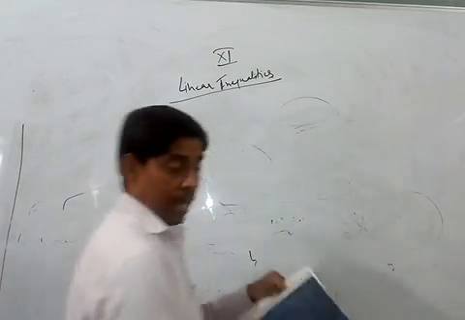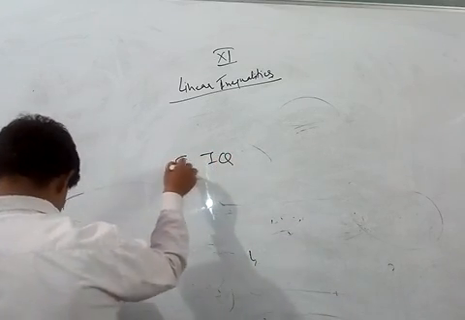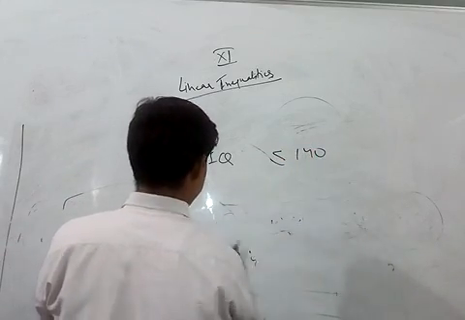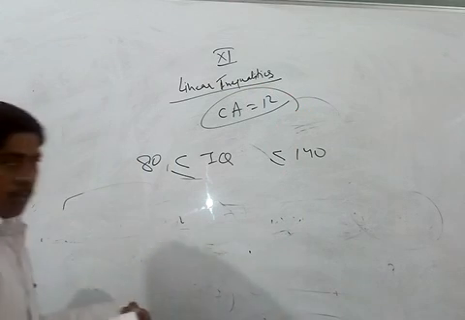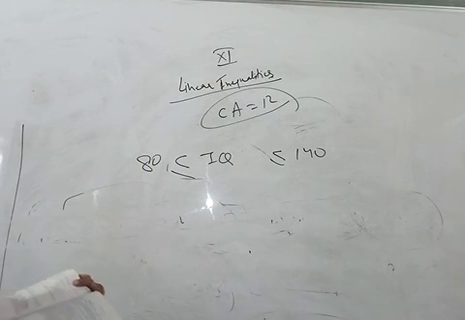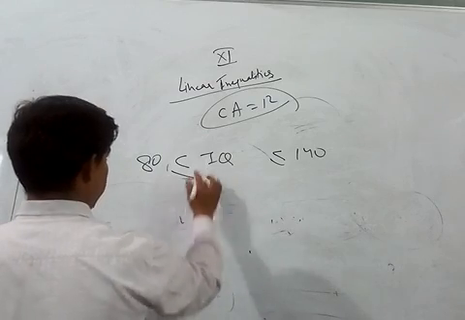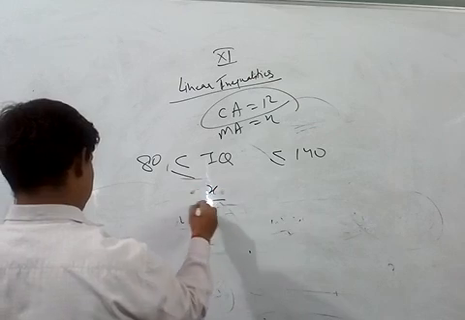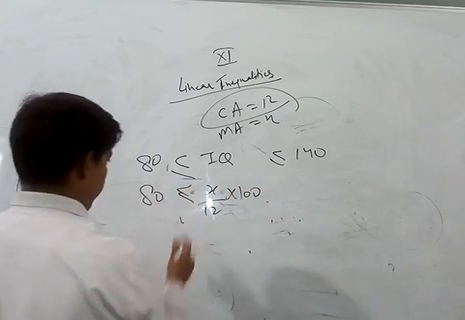Mental age and IQ levels are depending on person's intelligence. Okay, तो यहाँ पर क्या दे रखा है आपको? यहाँ पर IQ का रेंज दे रखा है. क्या दे रखा है? 80 से ग्रेटर है और 140 से कम है. CA की एग्जैक्ट वैल्यू दे रखी है 12, chronological age. And we have to just substitute the formula. MA वो x मान लेते हैं, let MA be x. So I'm going to write here x upon 12 into 100. ये 80 से अधिक होना चाहिए.